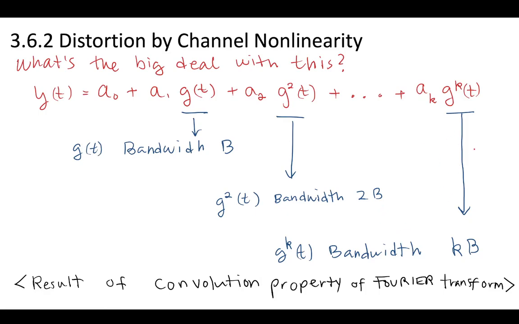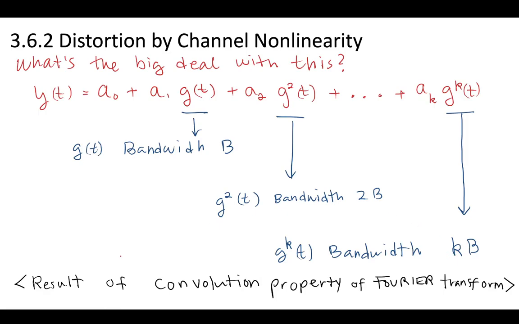When you take it all the way out to the kth power, you're going to have a very large bandwidth. Of course, these coefficients might get smaller, so you might have a very small coefficient multiplying it, but nevertheless, you've taken your input, which had just bandwidth B, and by passing it through a nonlinear channel,